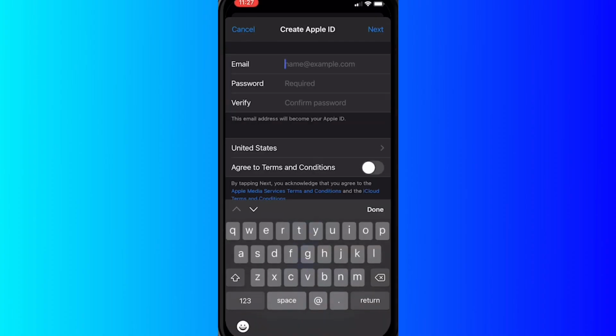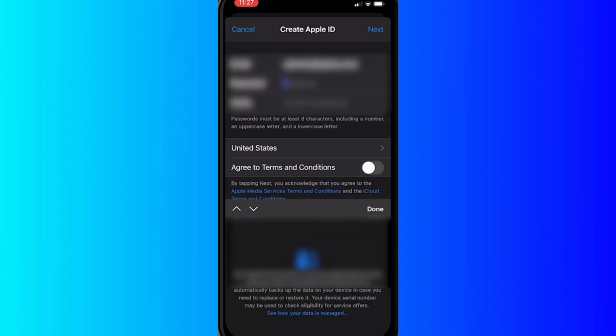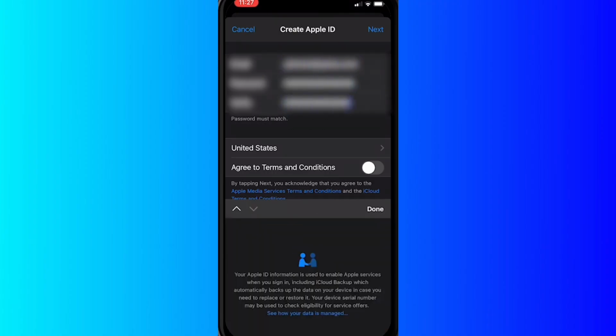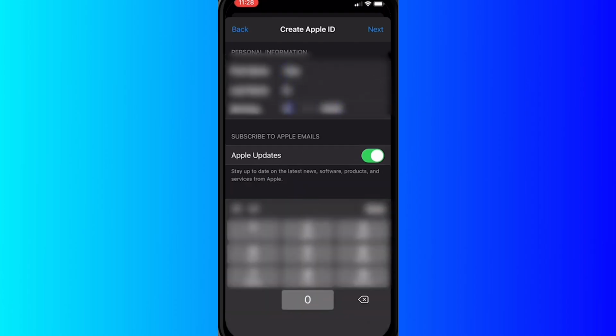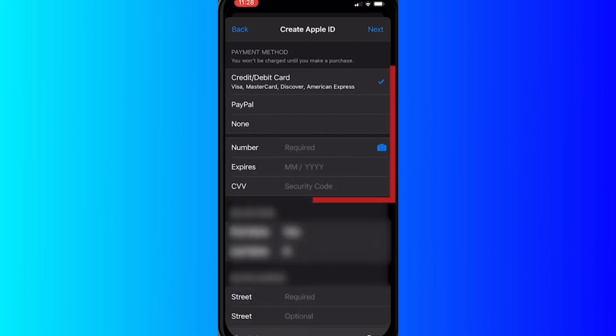Now what I'm going to do, I'm going to enter my information, email, password, and then confirm your password. And then lastly, agree to the terms and conditions, and afterwards you're going to follow along to the next step, add your personal information, your contact number and everything, and then move along to the next step,